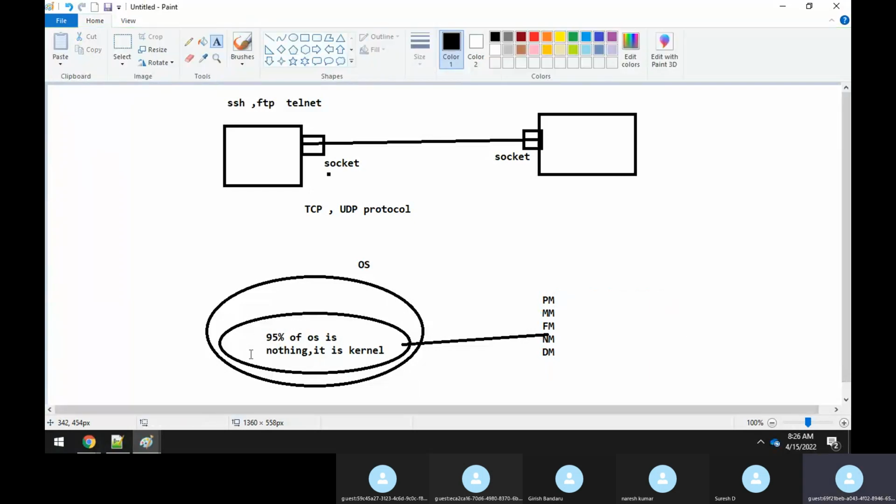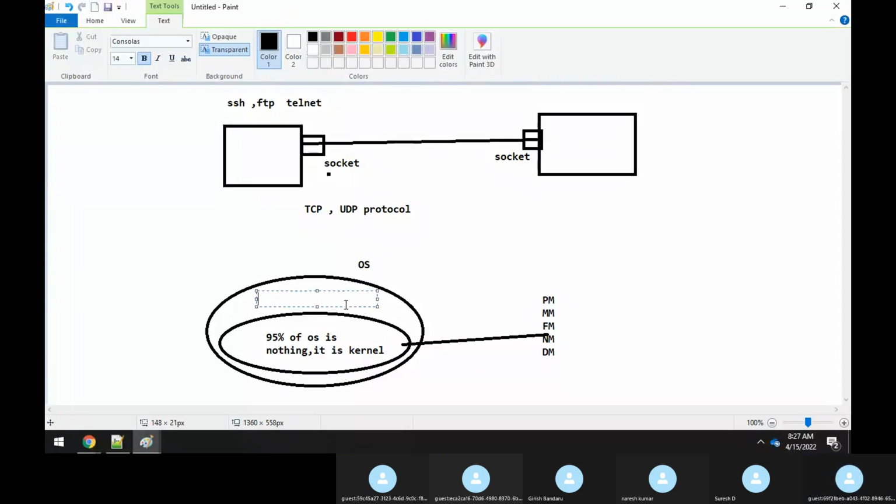Now you could ask, what is this 95% of the operating system? Why not 100%? Why is 100% of the OS not called a kernel? No, we don't call 100% of the OS a kernel because some 5% of your operating system is written in assembly language.